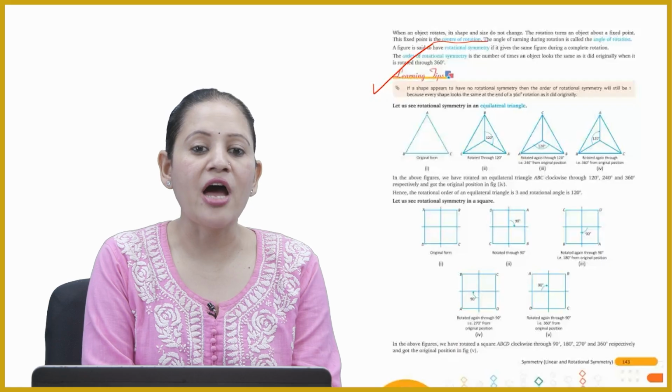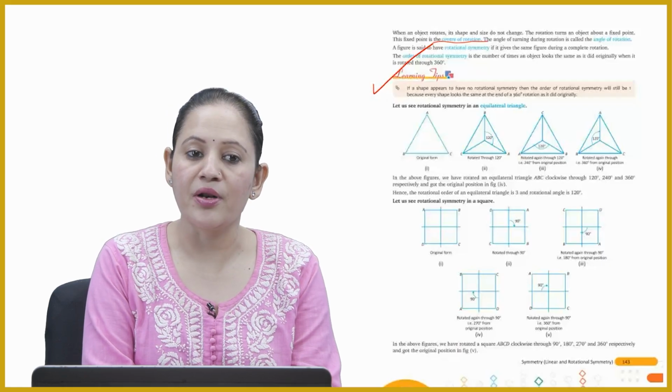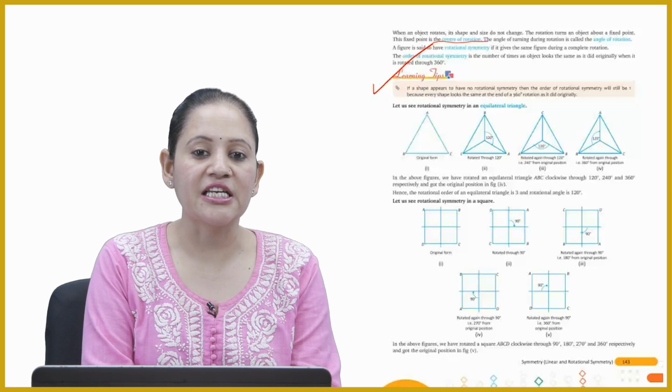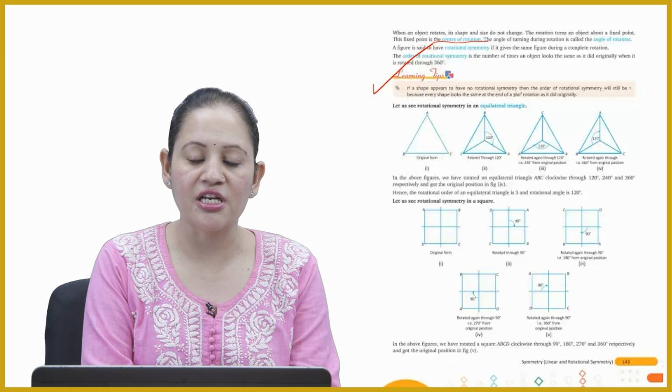If a shape appears to have no rotational symmetry, then the order of rotational symmetry will still be 1, because every shape looks the same at the end of a 360 degree rotation as it did originally. So